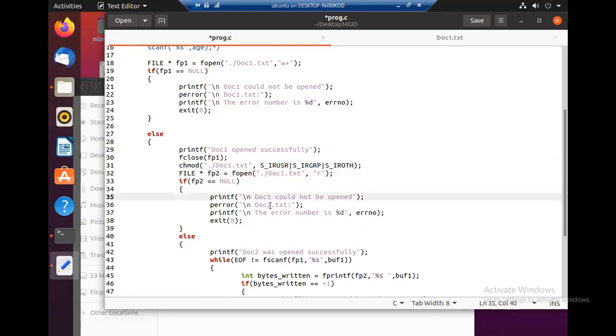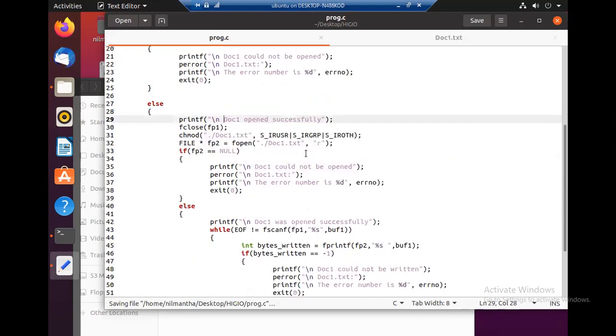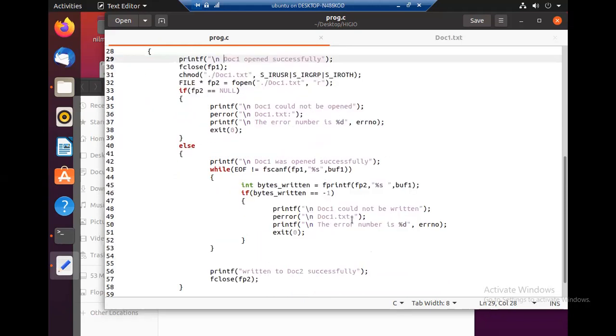So here also document 1. Again, I should use new line. If, after changing the privileges to read only, we can open it, then it will say the document was opened successfully.